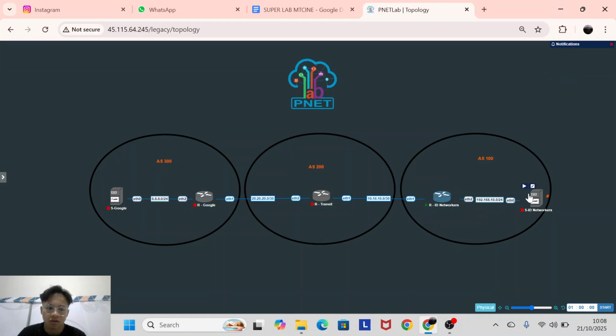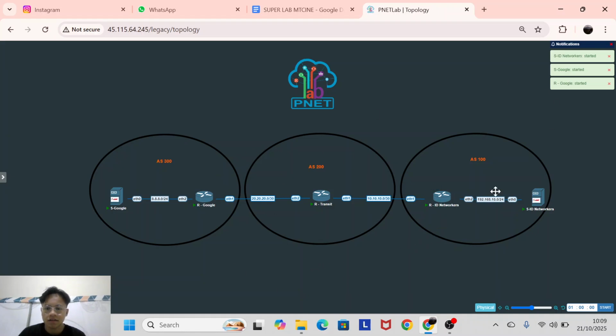Yeah, I just try to find the simplest, simpler than the others. Okay, so I will play this router, every router, one by one. Now the server in Google and the server in ID Networkers.